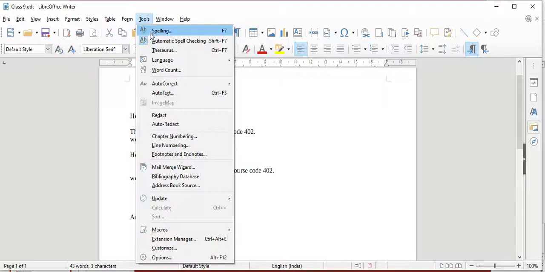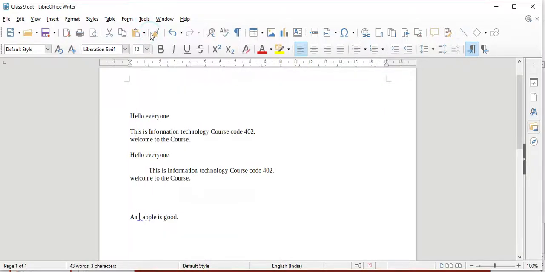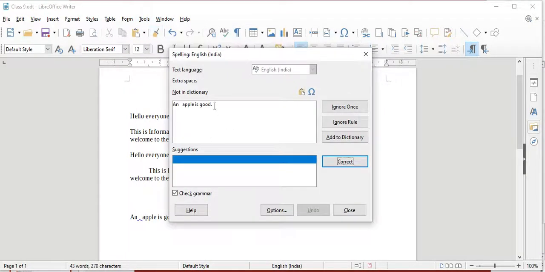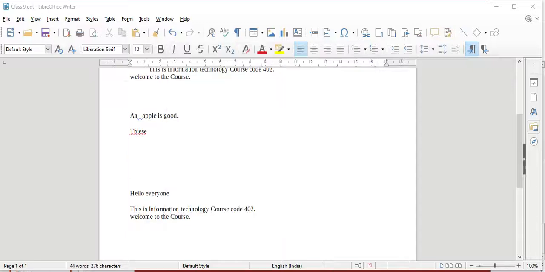I am clicking on spelling. Here, if there is a wrong word, it will appear here. If you want to correct it, you can directly click on Correct. When I have written a wrong word, a spelling error, you will see a red wavy line appearing on the text.